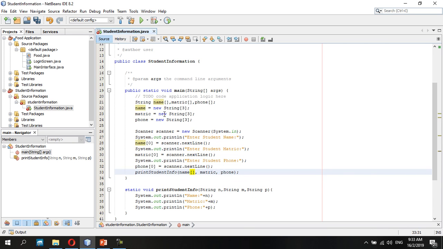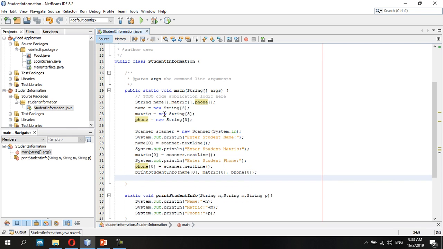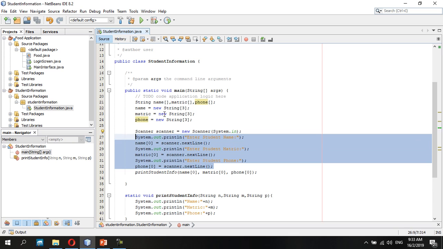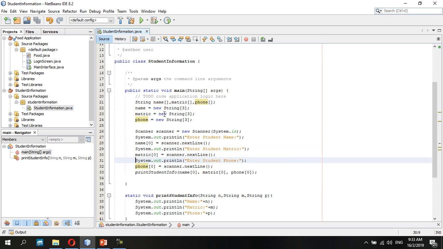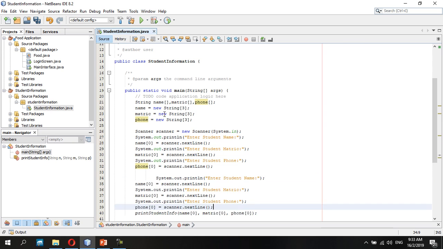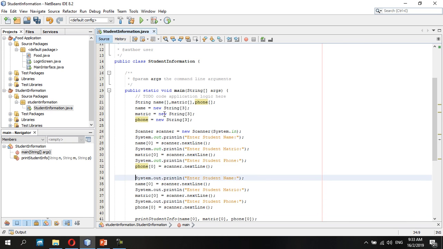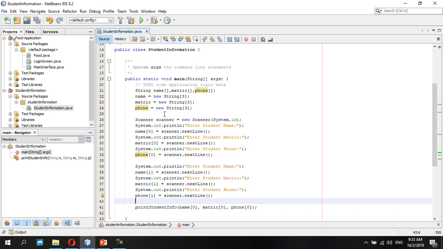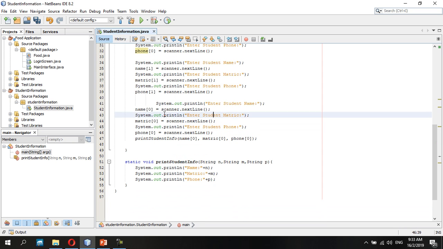So if you like to print out the information, something like this. So this is only for the first student. If you want to print out 3 students, you can use this as the second student, name 1, array 1, array index 1. And then if you like to print out the third student,